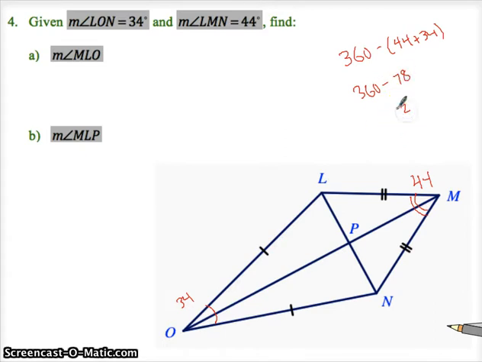So the whole thing left is, gosh, I hate doing this in front of the camera. 282, is that right? 282, 290. Yeah. So 282 is what's left between these two angles. So each one has to be, MLO included, they have to be 141. And MLP,